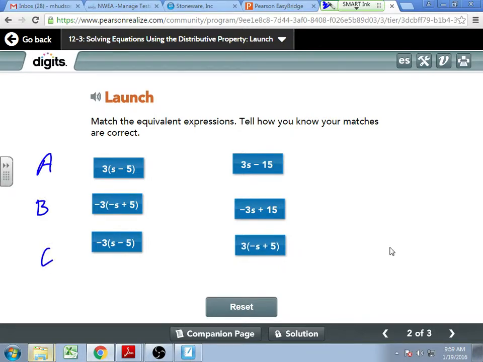A in my left-hand column needs to match which in my right-hand column? Baylor? A in the same column. It matches A because 3 times the s, 3 times the negative 5, if I do that distribution, that would work out. Now B in the left-hand column needs to match which? Nate? C. B would match C because